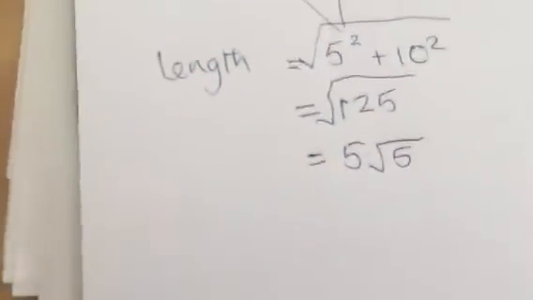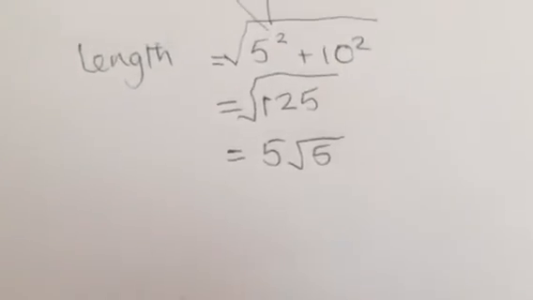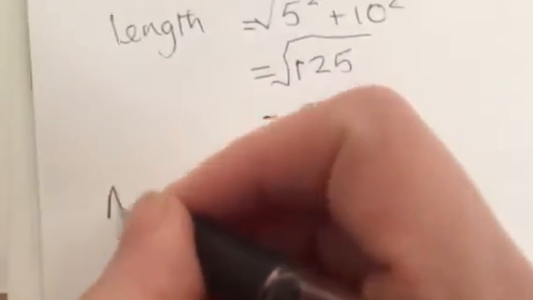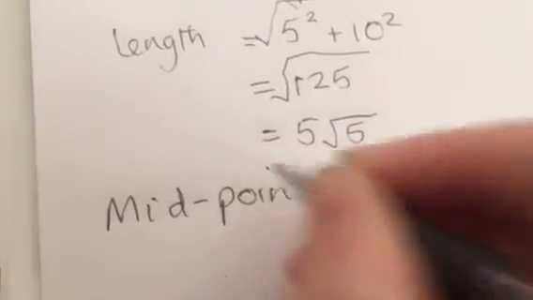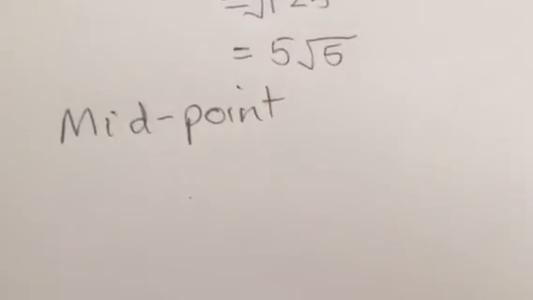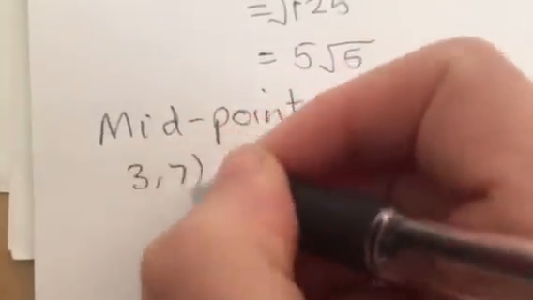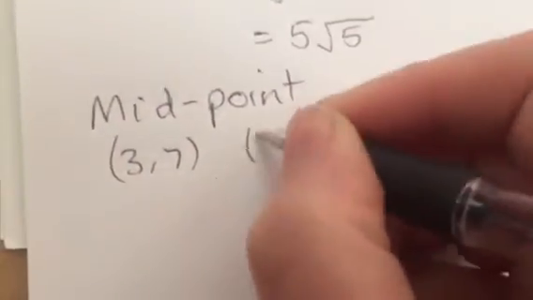The other bit of coordinate geometry in C2 that you need to know is about the midpoint. So the midpoint is very simple. You can look at the points again. If I've got (3, 7) and (8, -3),